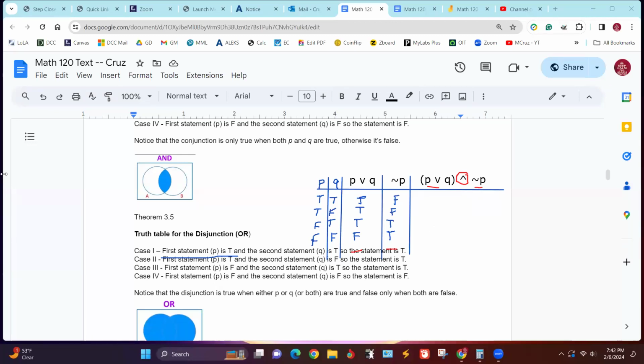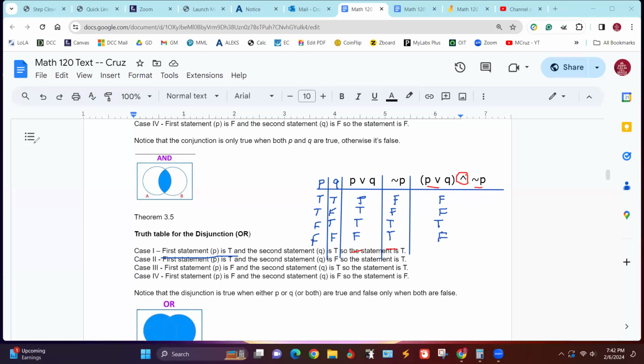So true, false is false. One false spoils the and. True, false, false. True, true, though, is true, because true, true is the only case when the and is true, and another false, true is also false.